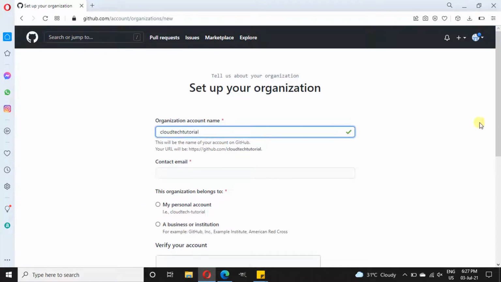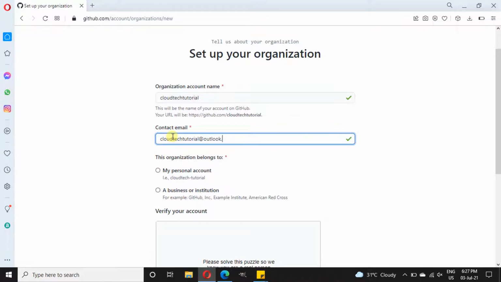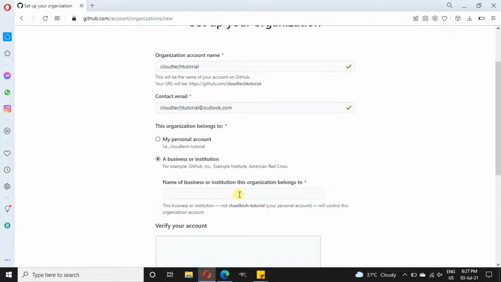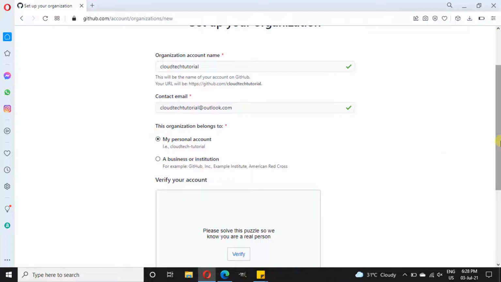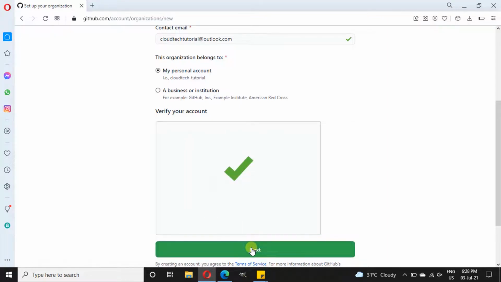Provide organization account name and provide a contact email. I am just providing my Outlook account, and here you need to select whether this organization belongs to you or to a business or an institution. So there are 2 options to select, and if you select business or institution, you need to provide the name of your business or institution. I am going with my personal account, and just verify this. After completing, just click on next,